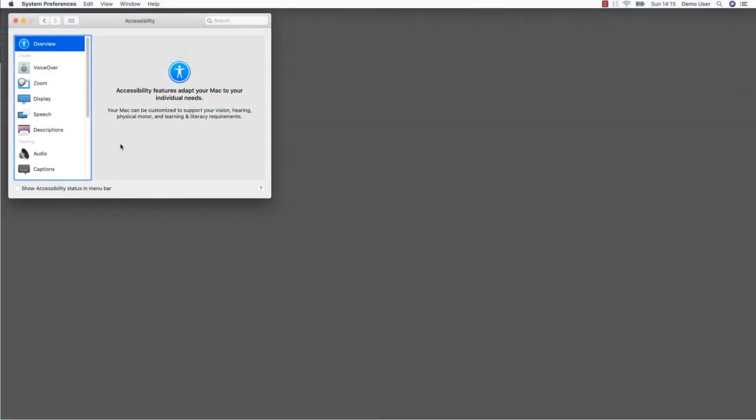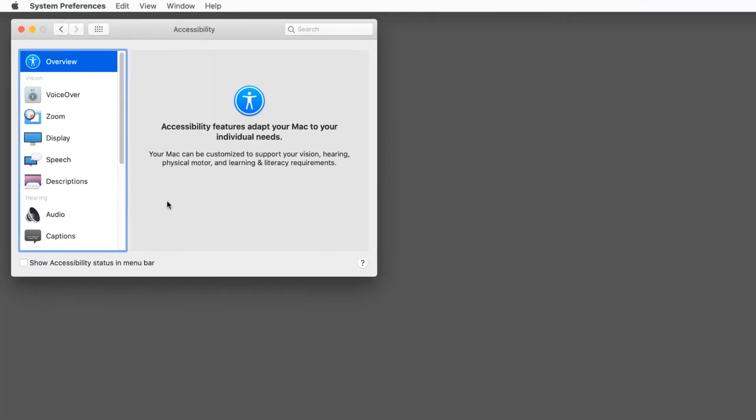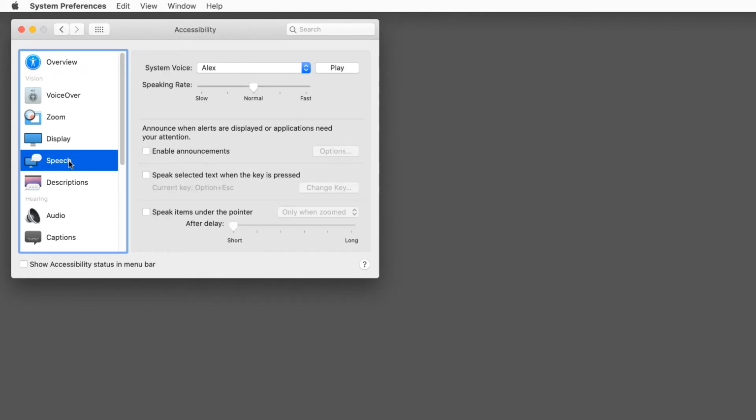Speech. In the previous section, we saw how to install voices in the VoiceOver control panel. These voices can also be used in other speaking functions of the operating system. macOS allows us to read any text using standard functions of the operating system. To set the voice macOS should use to read the text, select the speech pane in the Accessibility control panel. Select the voice of your choice in the pop-up. Press the play button to listen to a short sample of the voice.